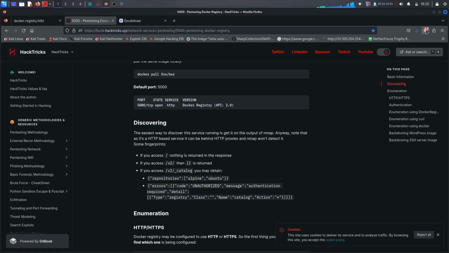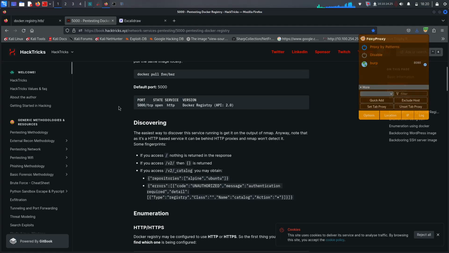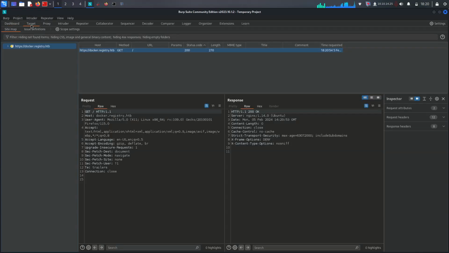We can try to do it manually because we actually have a Hactrix node here, so it will be really useful for us. So let me just turn on my Burp and try sending one more time and see if there is something different. But there is no. We just have to access here on HTTPS on docker registry.htp and just dashboard, so it will actually not redirect us to any directory,